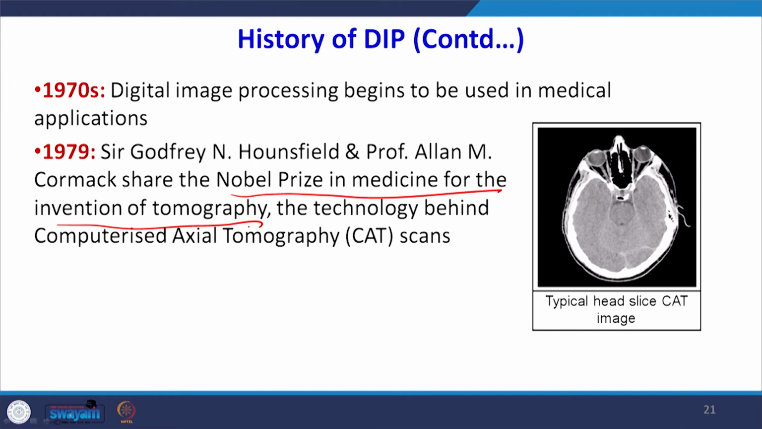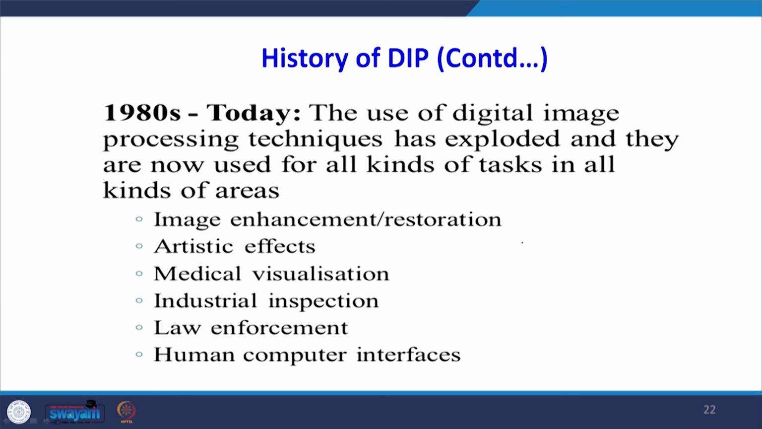In the invention of tomography, as you can see the CAT image, which is called computerized axial tomography, the inventors got the Nobel Prize for developing this, and image processing was used. And if we now see 1980 onwards, we are using digital image processing for a vast number of activities,